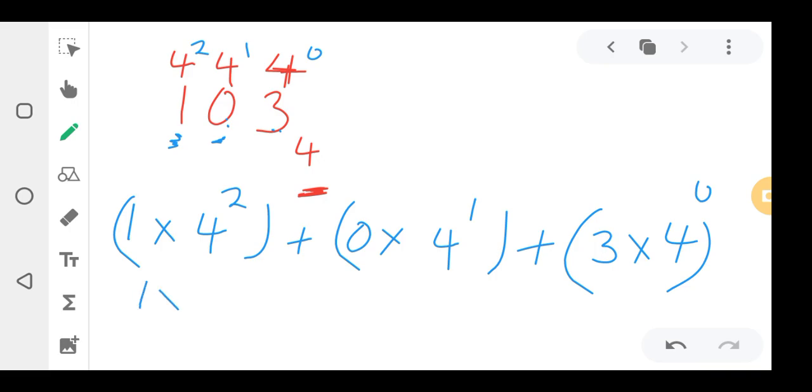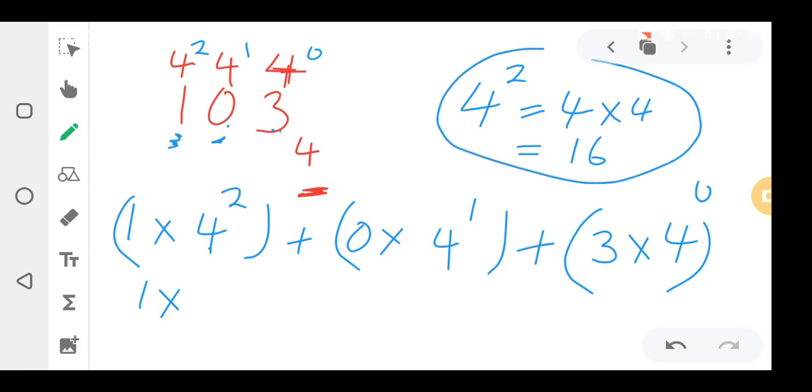So 1 times 4 squared. What does 4 squared mean? 4 squared doesn't mean 8. 4 squared means 4 times 4. This 4 squared that you're seeing means 4 times 4, and 4 times 4 means 16. I've just written this to help you to understand. So don't get confused. So here it is 16